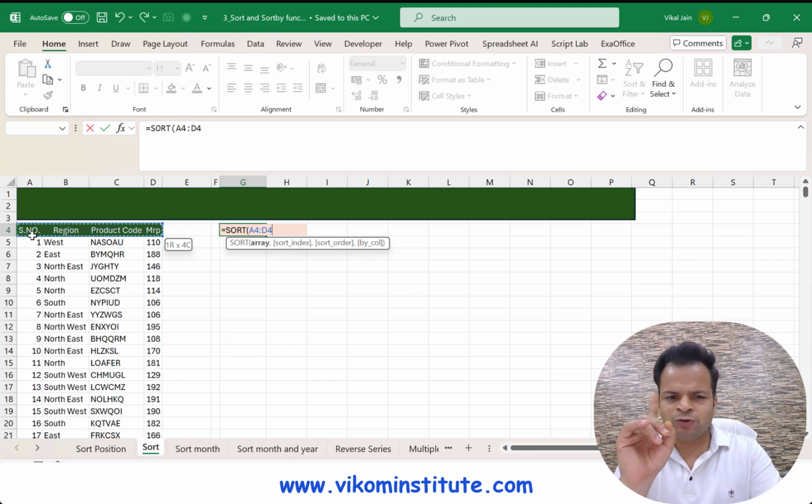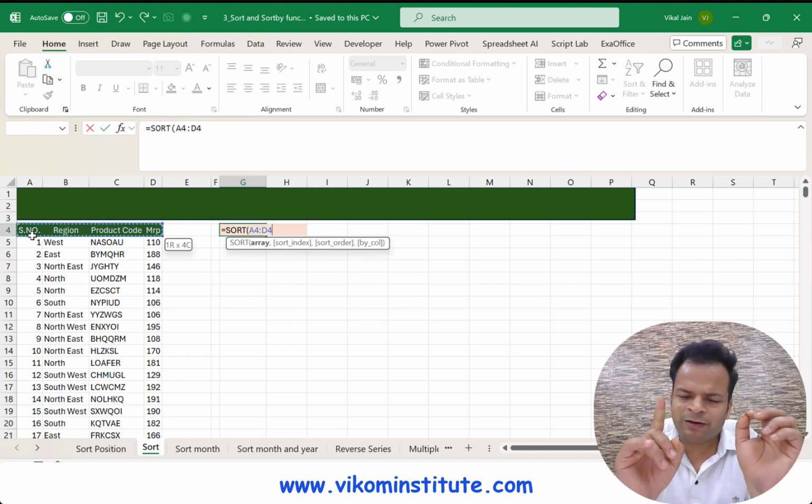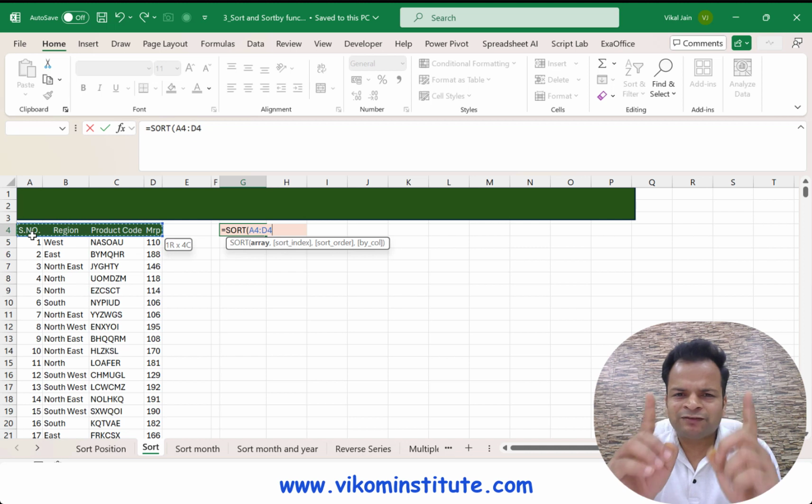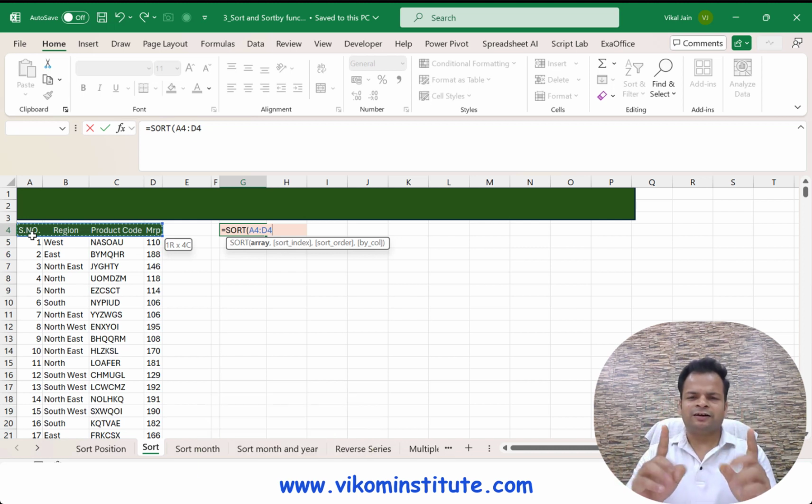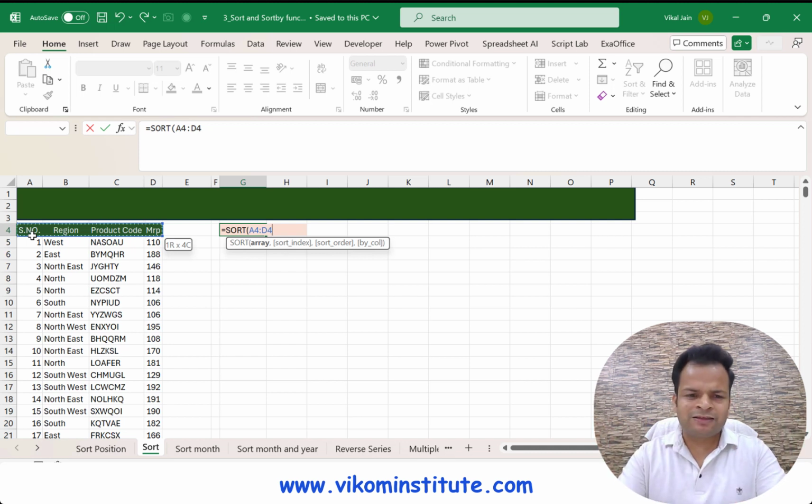Now whenever you are using the sort or sort by function, I personally recommend you ignore the header. Otherwise it is going to take your header as a part of your data, so it is going to sort that header also. So I don't want that. What I will do is use vstack to concatenate the header, then I will sort my data without the header. So I am simply going to take my data without the header.